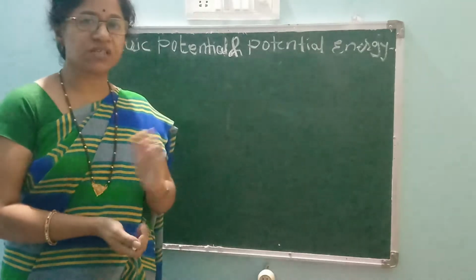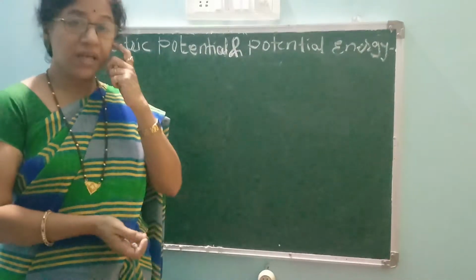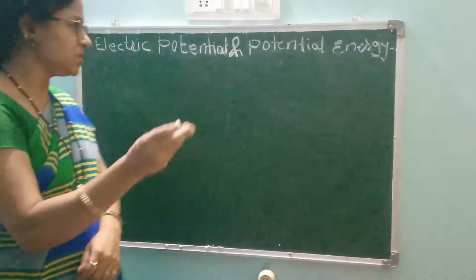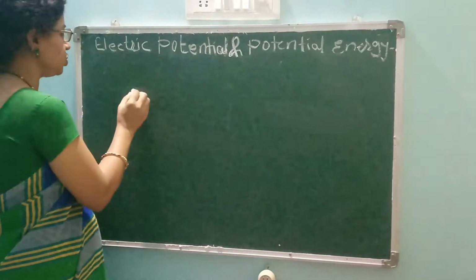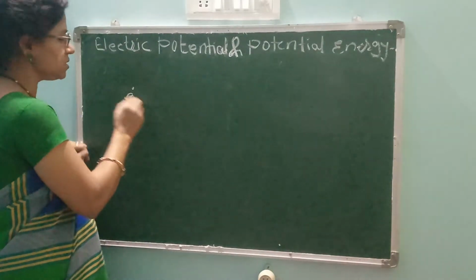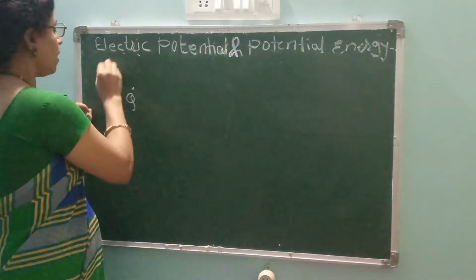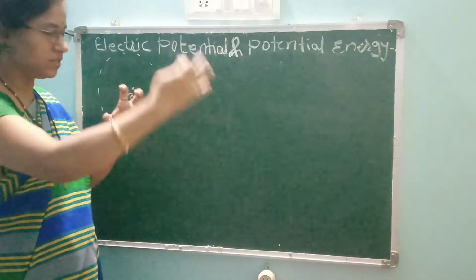In the previous class we have seen the derivation of electric intensity, but if we have to define it in short wording, how can we? Now see, for that, first of all we see the explanation. Consider a charge q. We have considered a charge q. Because of this charge, an electric field will be developed around that charge.